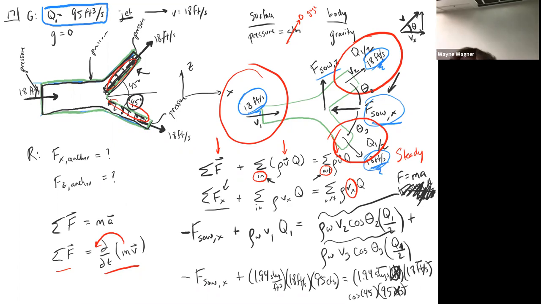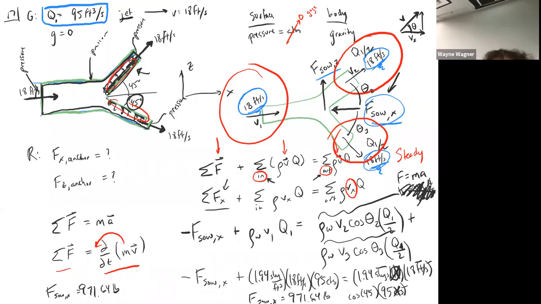Okay, so we end up getting that, and if we keep track of our signs here, F SAO X equals 971.64 pounds. And it has a positive sign on it, which means we assumed the correct direction. So I'm going to go ahead and write this over here. F SAO X equals